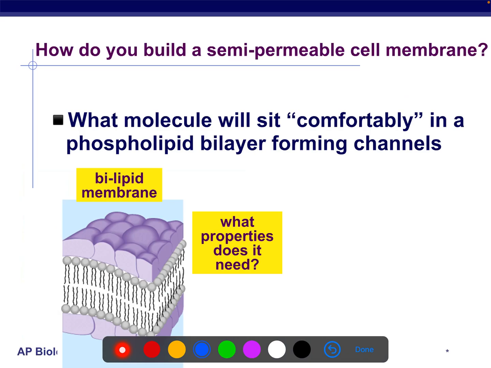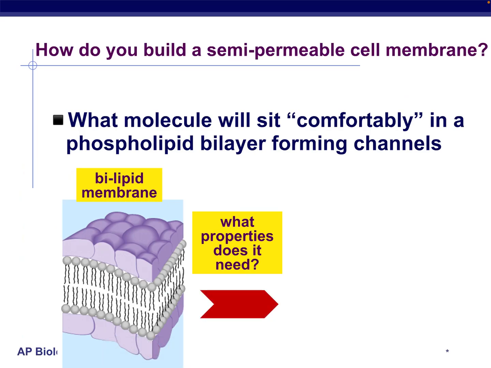So when we think about how we're going to build a semi-permeable membrane, it's not just going to be made of the phospholipids and the cholesterol. There's going to be one other molecule that will sit in the phospholipid bilayer. And so when we think about what kind of properties does this molecule need, we need a molecule